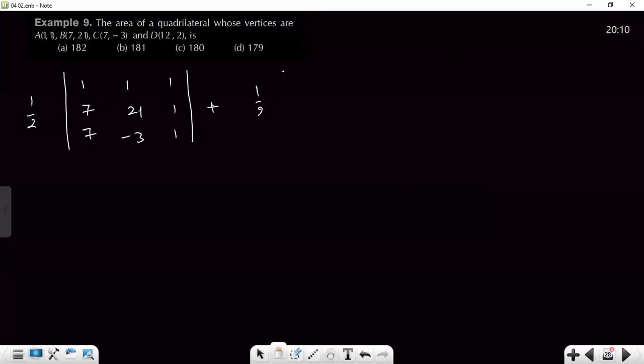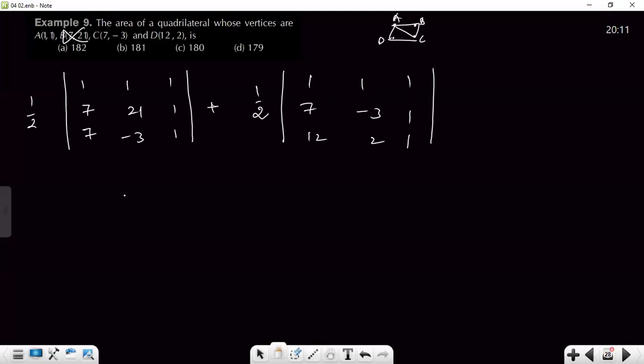Plus the area of triangle ACD. So we are not going to consider the B point, only ACD. 1, 1, 1. 1, 1 is the first point, 7, minus 3 is the second point, 12, 2 is the third. Cool. Let's take half common from both of the